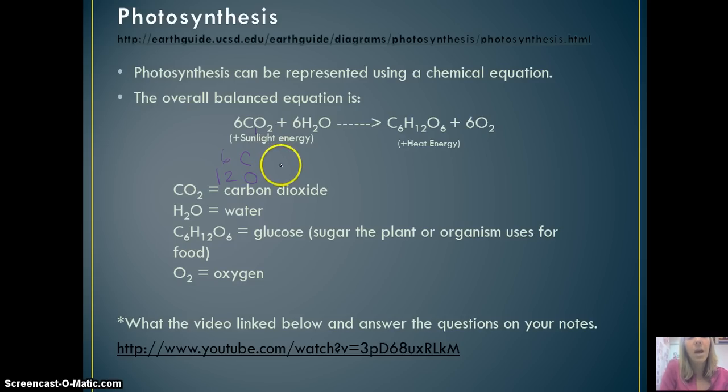Okay? And then we're adding that on to 12 hydrogen. 6 times 2 is 12. And then we have also 6 times 1 would be 6 oxygen. So we have 12 oxygen and 6, so that actually is equal to 18 oxygen, 12 hydrogen, and 6 carbons. And what's going to happen is you'll see matter is conserved. On this side, we're going to have the same number of each atom, just maybe configured and bonded